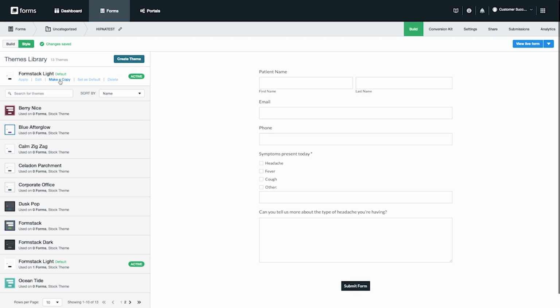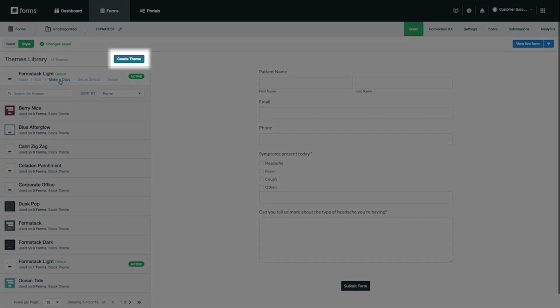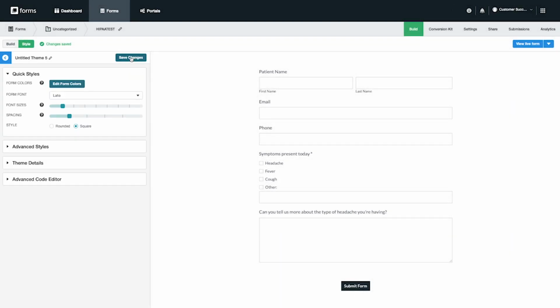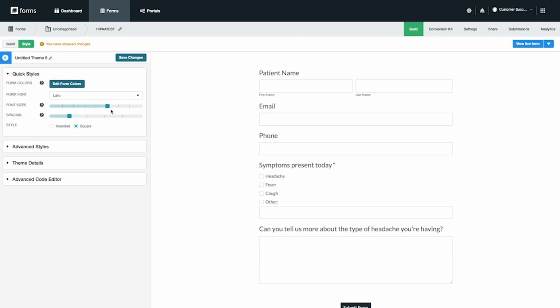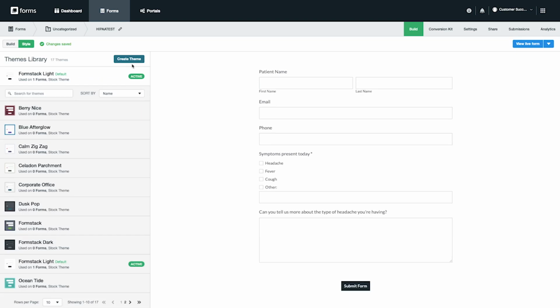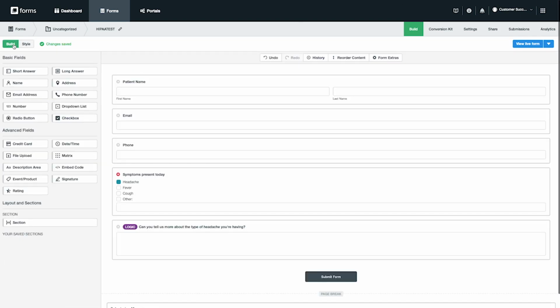Feeling creative or want to customize your form to match your color scheme or logo? You can create a form within your brand guidelines from scratch by clicking on the Create Theme option. Some of the things that can be changed are the form colors, the size of the font, or the color of the form itself. Today we showed you how to quickly create your first form by adding and editing fields,